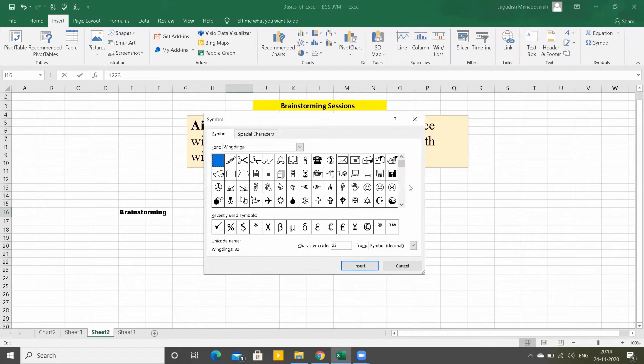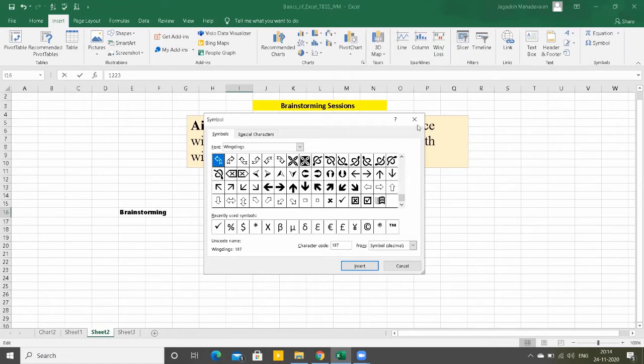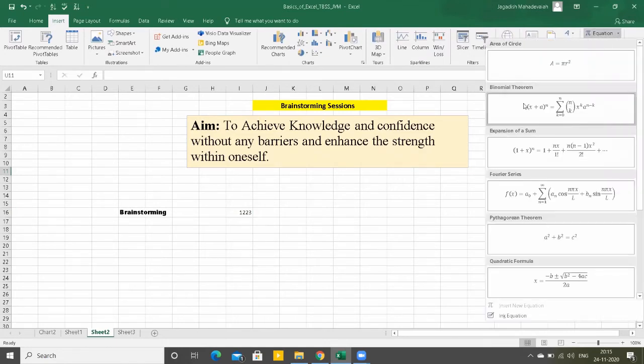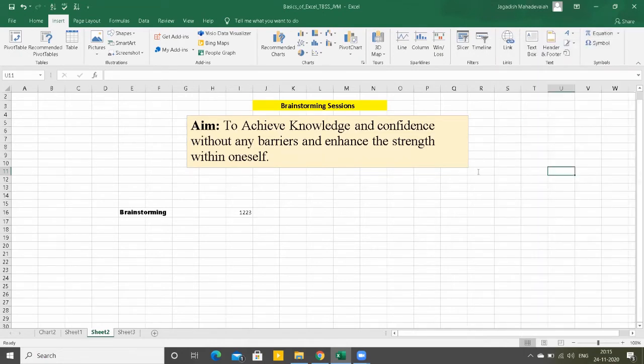These are the different symbols. And you can even insert equations. Difficult equations which we cannot type in Word, we can easily type in Excel.